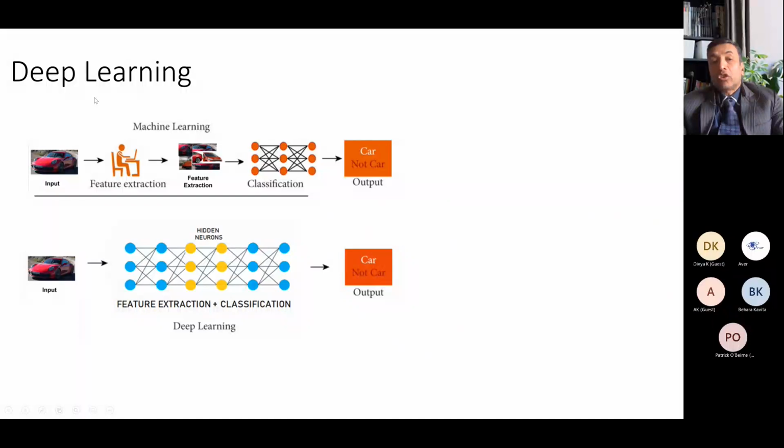However, deep learning changes this entire domain. Rather than a machine learning engineer working on feature extraction and defining the features needed for a particular algorithm, deep learning takes this responsibility with the help of convolutional neural networks and multiple hidden layers, so that the feature extraction process is eliminated and incorporated into the classification algorithm